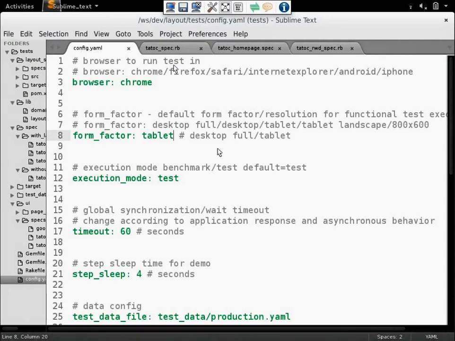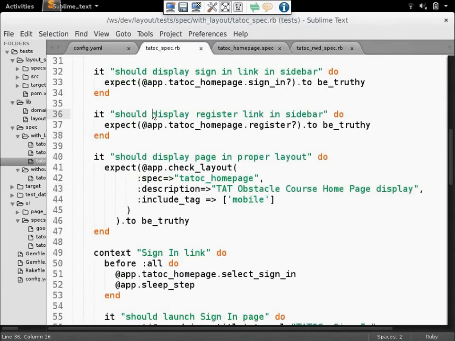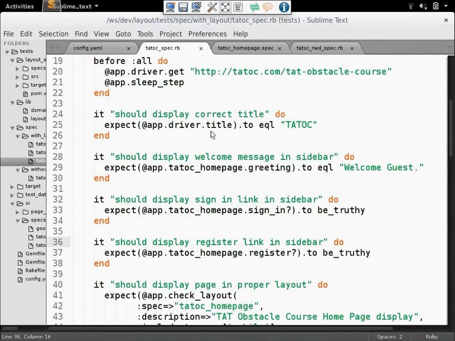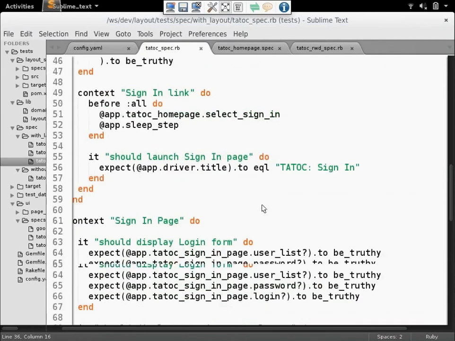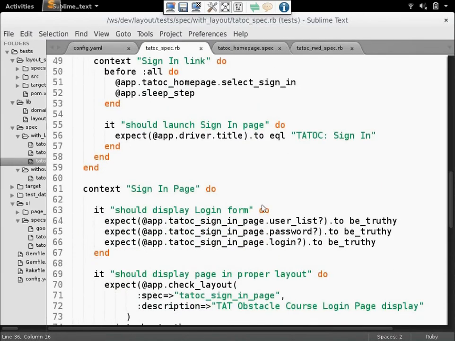Let me show you the test script for this test as well. Here is the RSpec test for this test. You can see that it's a standard RSpec test with a standard page object driven DSL made for this application. So you would see functions like driver.title, homepage.greeting, homepage.signin, homepage.register, and functions like